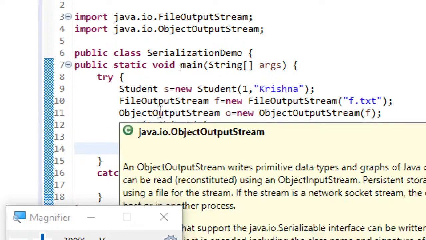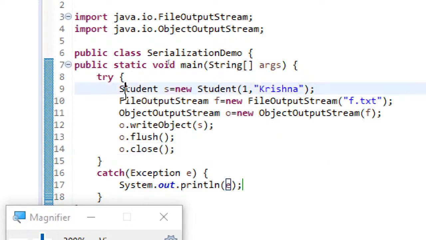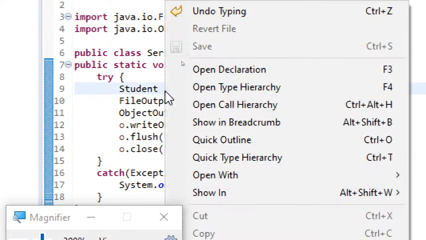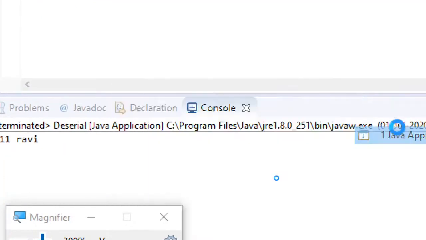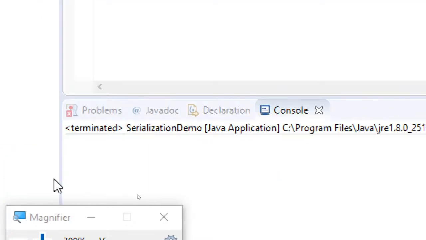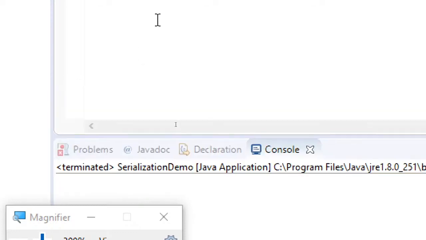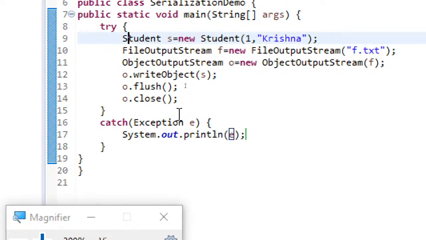Now, first let us run this. Okay, one thing: even though I run this, nothing will be done, because in try we haven't written any statement.